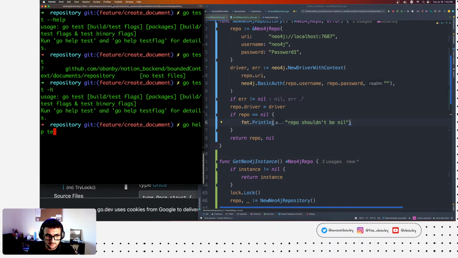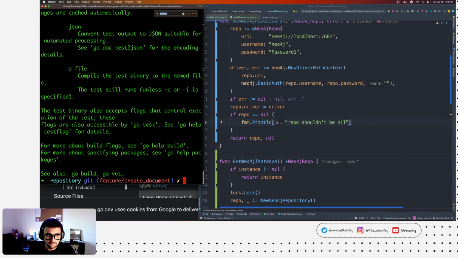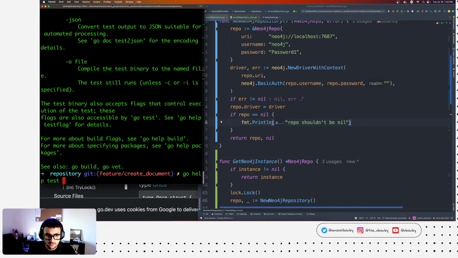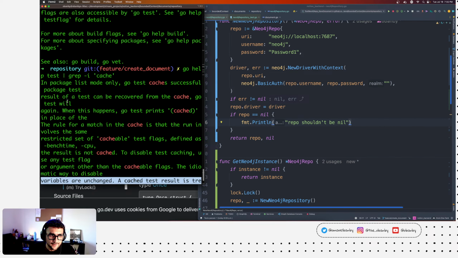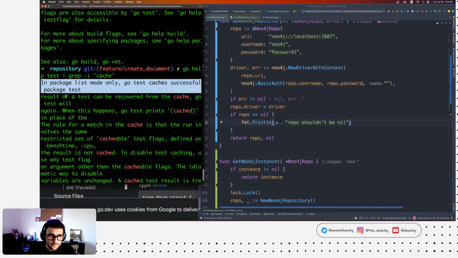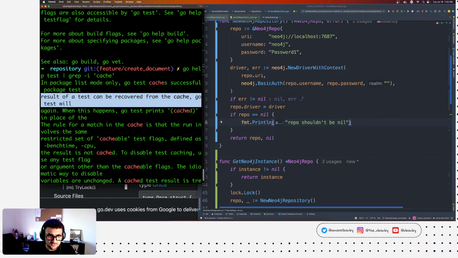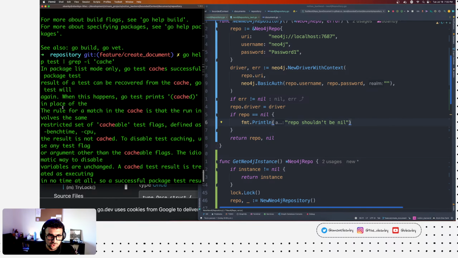Go help test, and we're going to grep for the word cache, dash i for case insensitive. In package list mode only, go test caches successful package test results. Results of a test can be recovered from a cache.